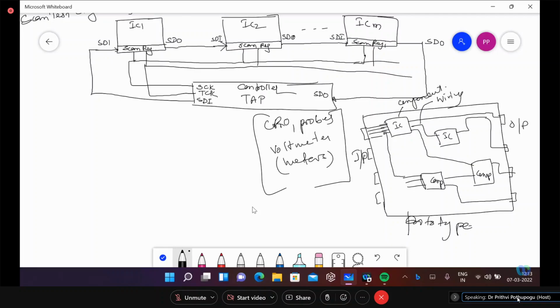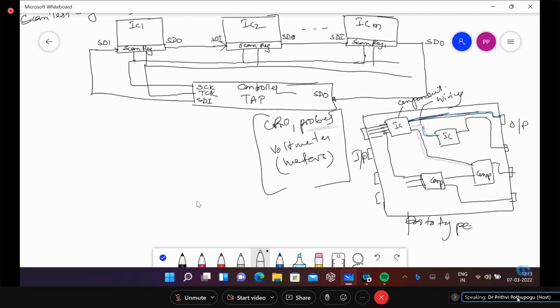Okay. Now, I want to test whether this path is working properly or not, or this wire is working properly or not. A wire I want to test. So the general concept is, if the space is fixed, that means the size is fixed, and the number of components is less, then the space available for wiring will be more. That means this wiring width can be wide enough so that when I want to test using a probe,